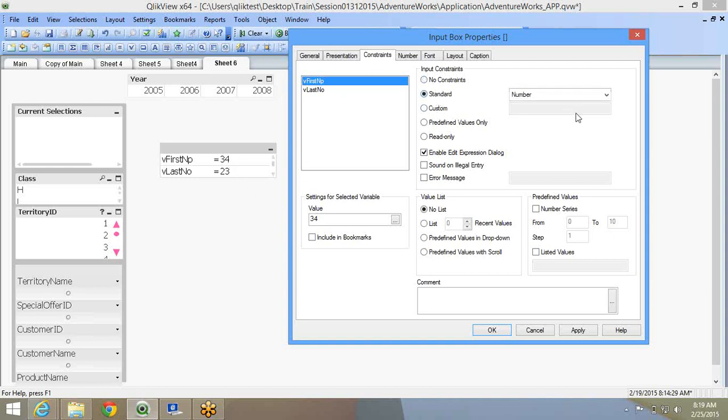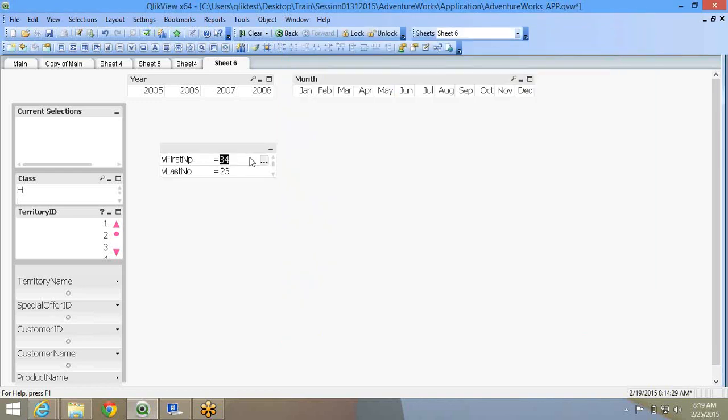There are options like standard number, positive integer, positive number, single character. So if I try to update text for first number, it won't take.